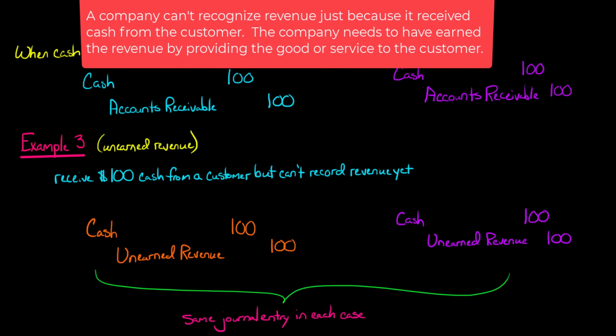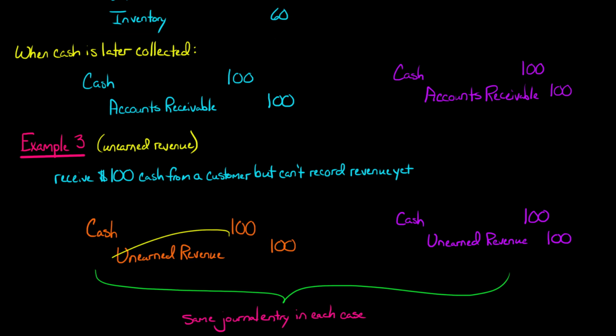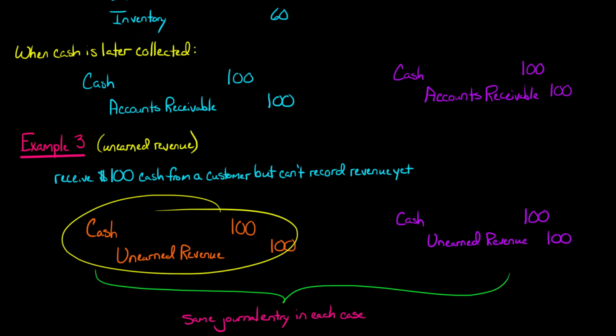So in each case, what we're going to do is basically just the company's receiving cash, so it's going to be debiting cash for $100, but it's going to credit unearned revenue. Remember, unearned revenue is a liability, okay? And this journal entry is going to be the same whether we're talking about physical inventory, whether we're talking about